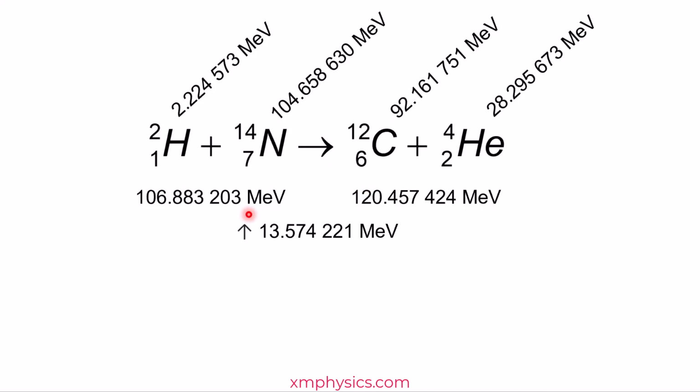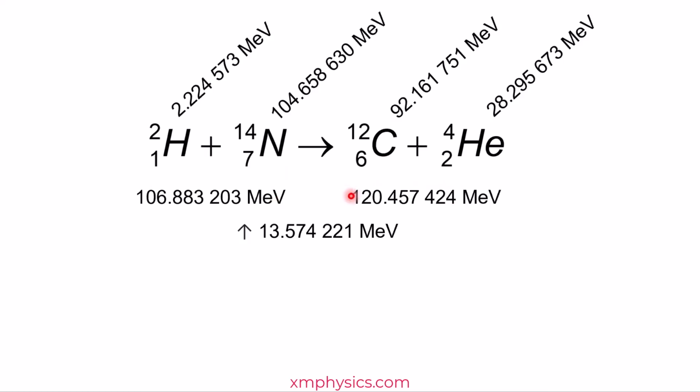A third way to understand this is to see that if I want to break up the hydrogen-2 and nitrogen-14 into all its individual nucleons, that means all 16 nucleons, I need to put back 107 mega electron volts of energy. Get it? And now to put back all these individual nucleons to form carbon-12 and helium-4, 120 mega electron volts of energy will be released. Get it? I need to put in this much to unbind them, but they give me back this much when